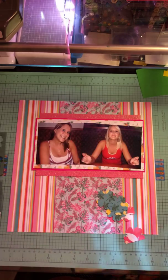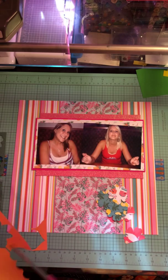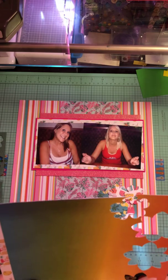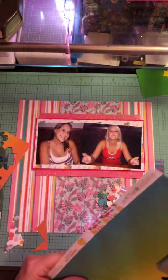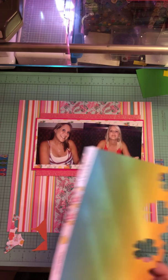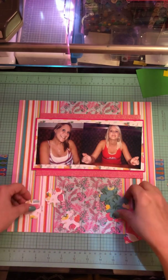Now, in this sketch that I'm using this month, I had a lot of punches or die cuts and stuff that were in a line. They were butterflies. And I was really digging using my punches this month. Something that I don't know about you guys, but I have tons of punches. I mean, not tons, I have a fair amount, and die cuts and metal dies and stuff. I don't use those nearly enough. So I'm actually really trying to incorporate using my